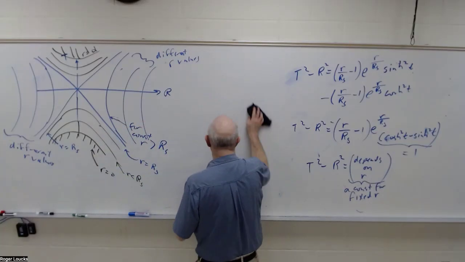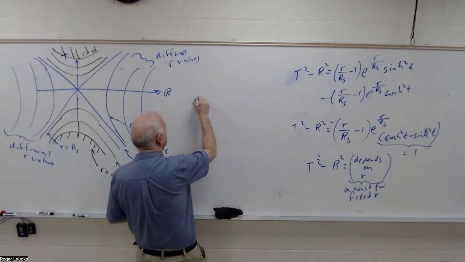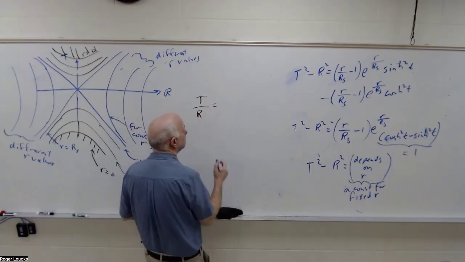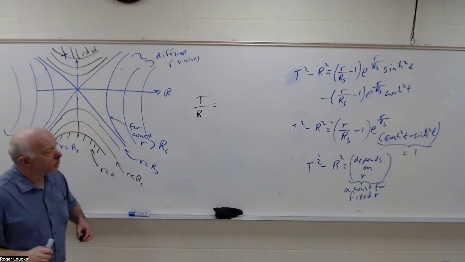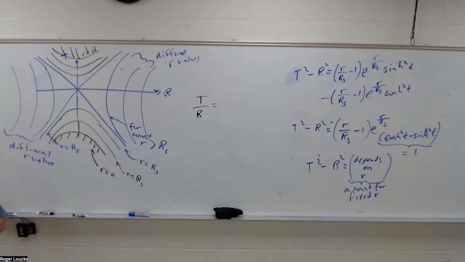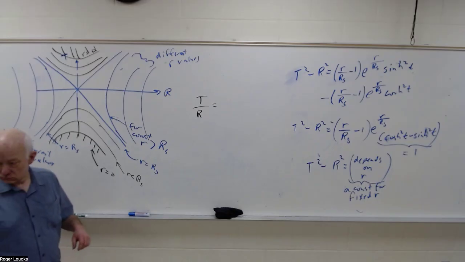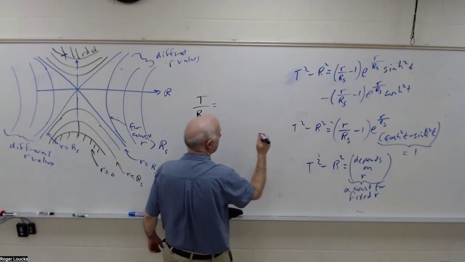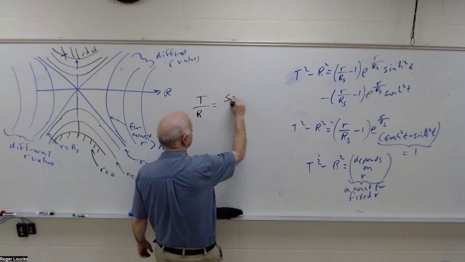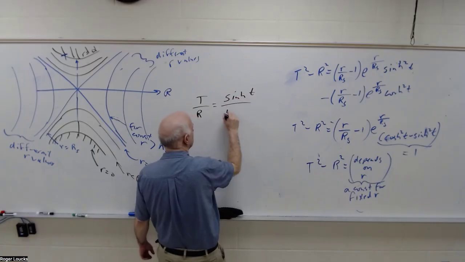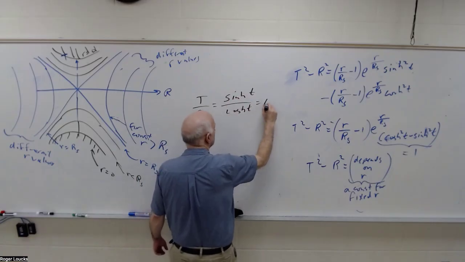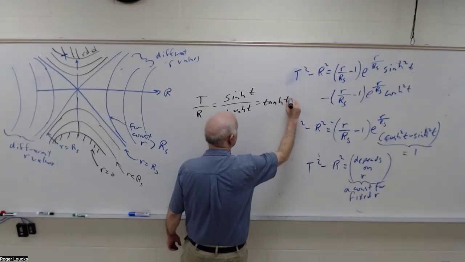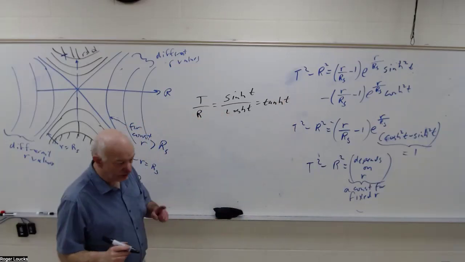Actually, let's do one more thing. What happens if I take the ratio of T and R? That's hyperbolic tan. These R factors come out here, and so you're just going to get the hyperbolic tangent of T, which is just this here. So for a fixed T,